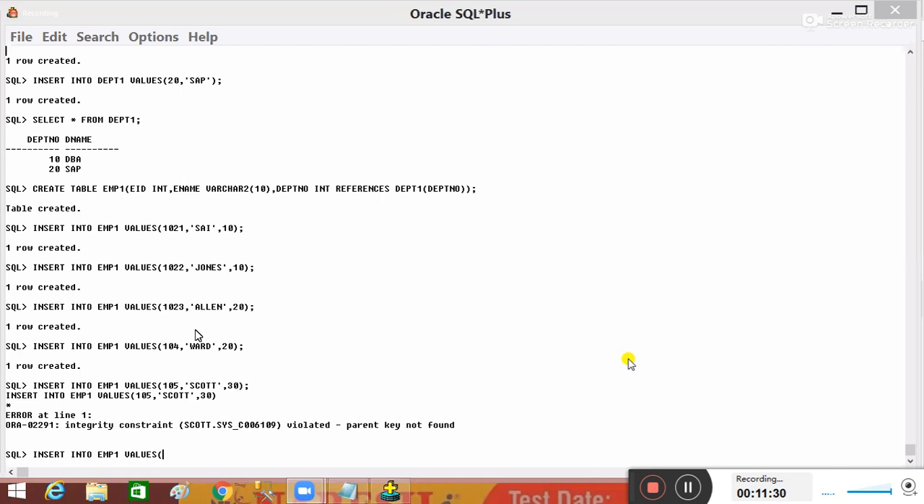So here the point is 10 is allowed, 20 is allowed, but when I inserted 30